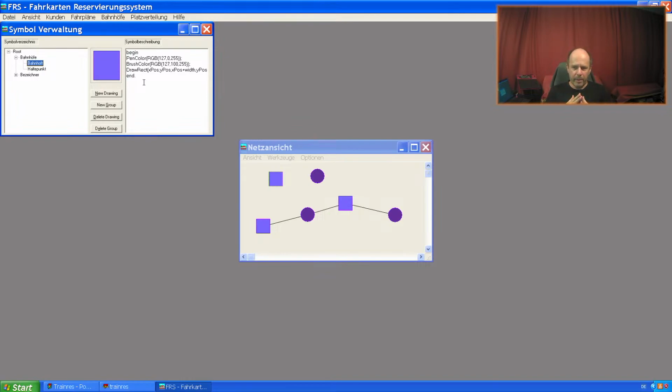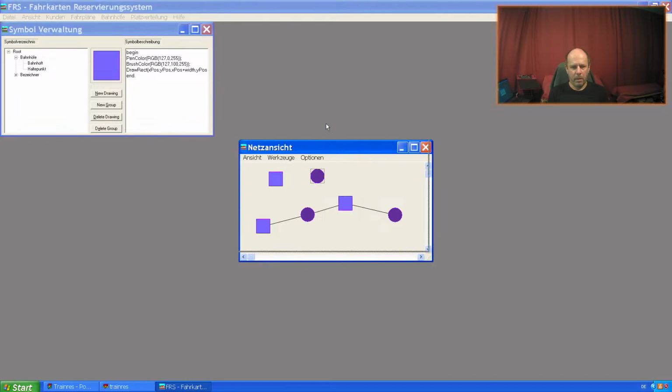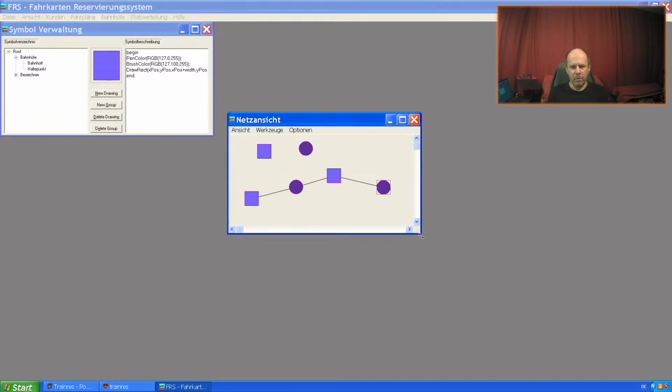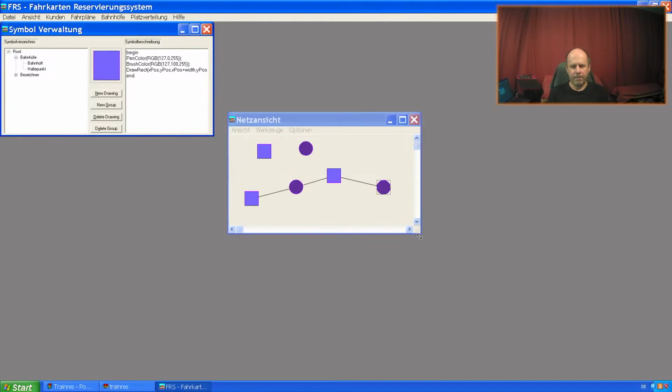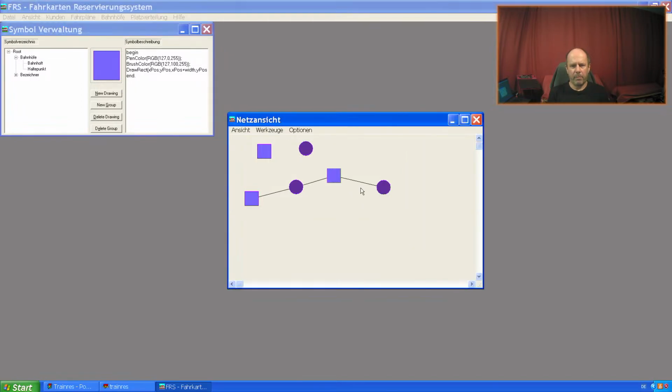Don't create the symbols of your own, but let the user create the required symbols to represent the business or to represent a graphical view of the data in something like this map.